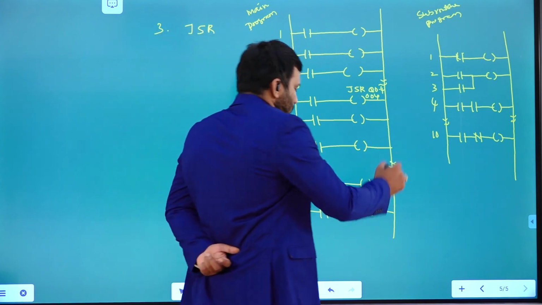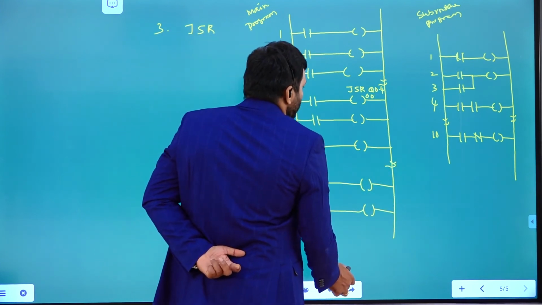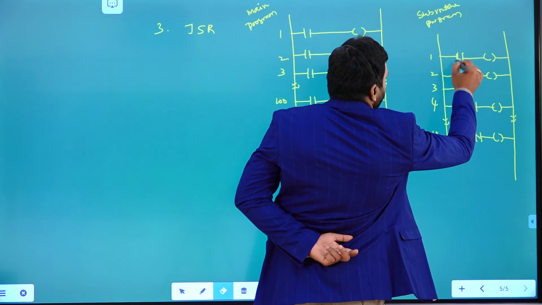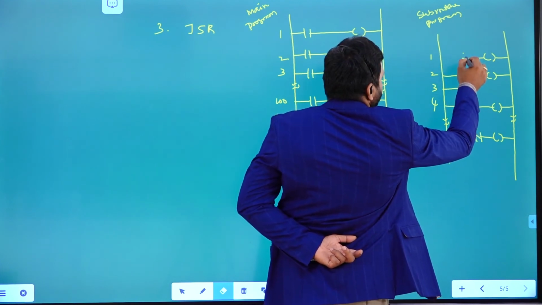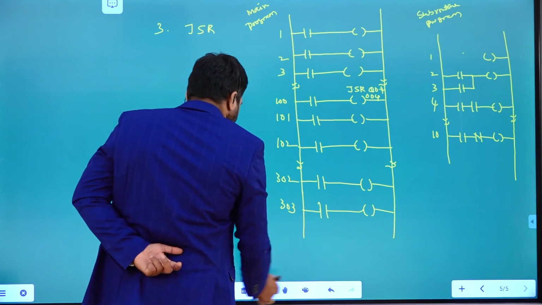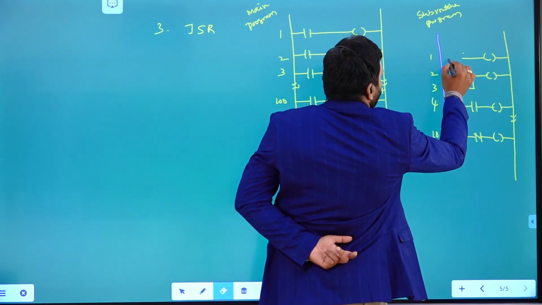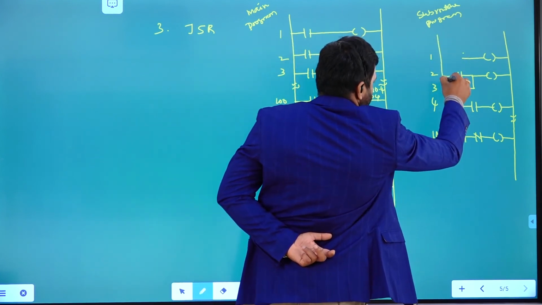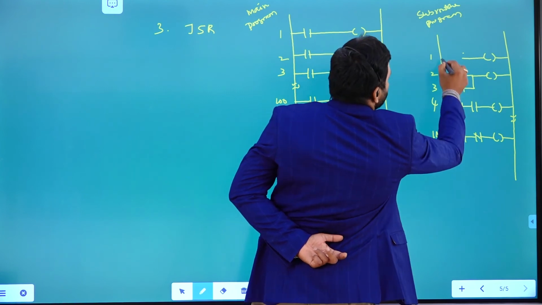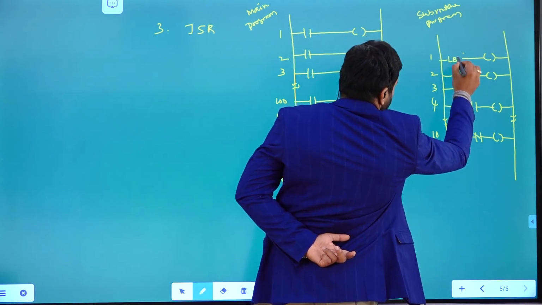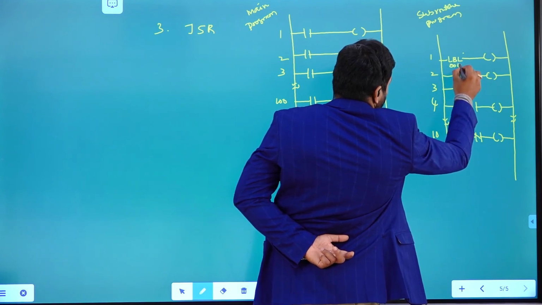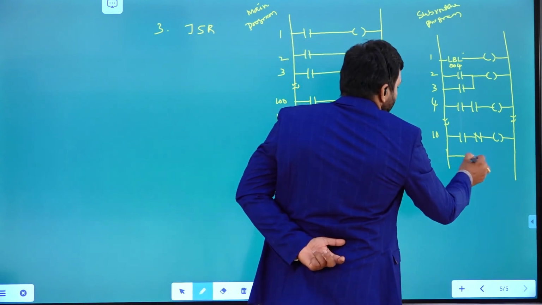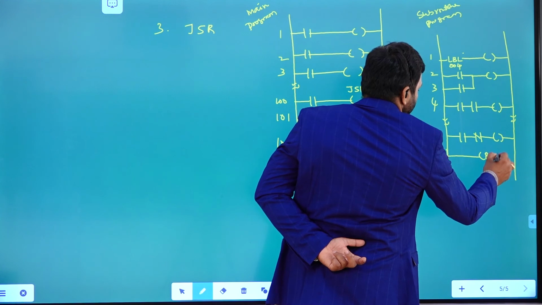It is going to jump to this place. Here we need to write a label, Label 004. Right. And at the end we need to write here return, RET.